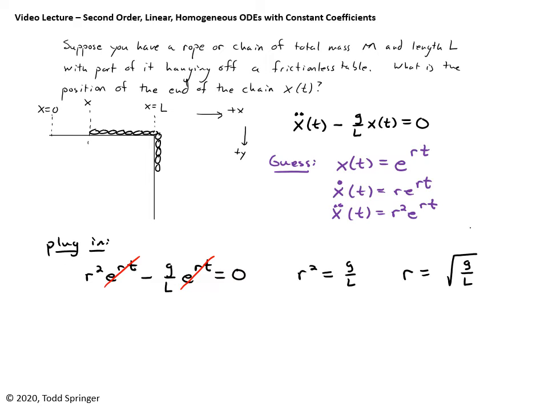But there's supposed to be two solutions, right? Where did I screw up? I forgot the plus and minus. So take the square root, have a plus or minus. So I've got two solutions: plus square root g over L, minus square root g over L. And so now I've got my general solution,